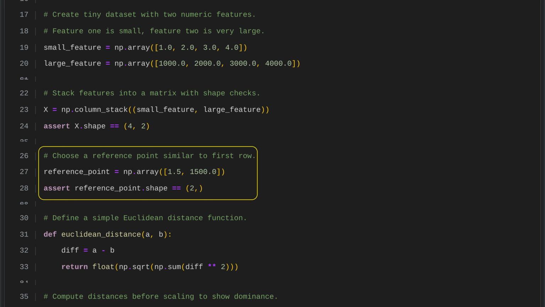We choose a reference point that closely matches the first row of our dataset, represented as a 2-element array with values 1.5 and 1500. This ensures the reference point has the same number of features as the data, which is necessary for computing distances correctly. We then verify that its shape is exactly 2 elements, confirming it is consistent with the feature dimensions of the